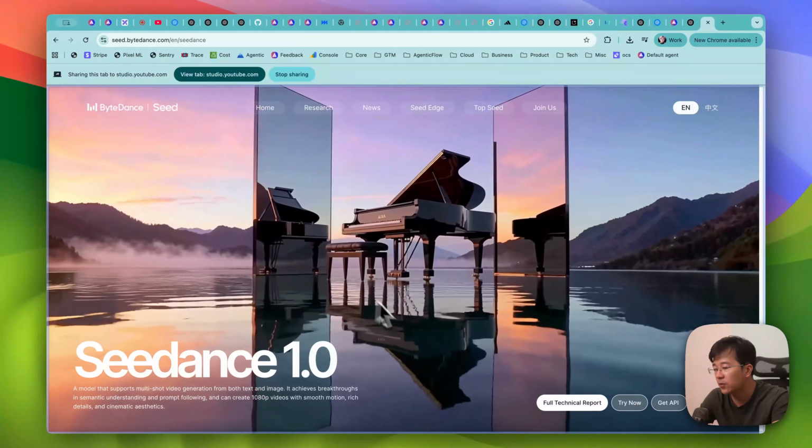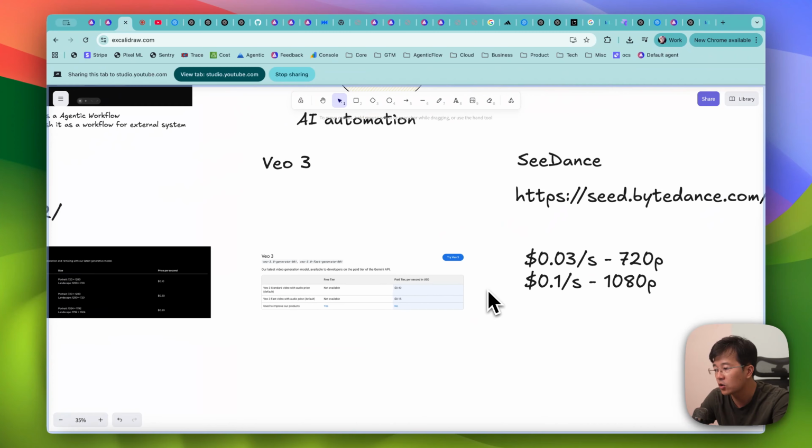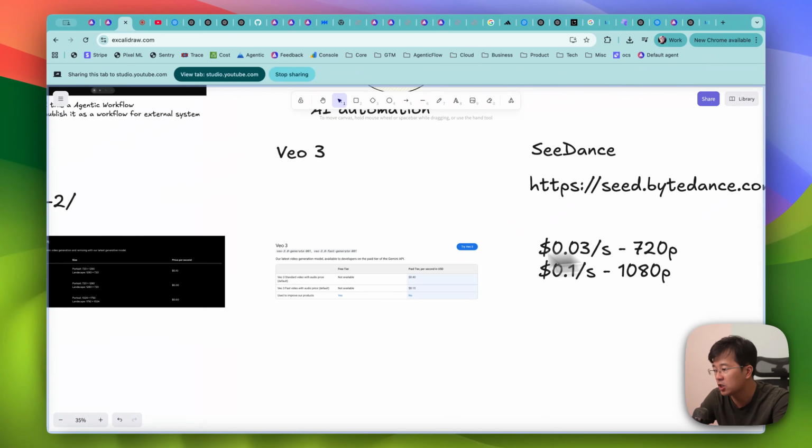And I mean, I have a feeling that on video generation, China is just way ahead of the US in this part. So the pricing for 720p is 0.03 per second. So it means it's 70% cheaper than Sora. And for the 1080p, it's also 80% cheaper. So I would strongly suggest, depending on your use case, if you are into video generation AI, that you give Seedance a try.